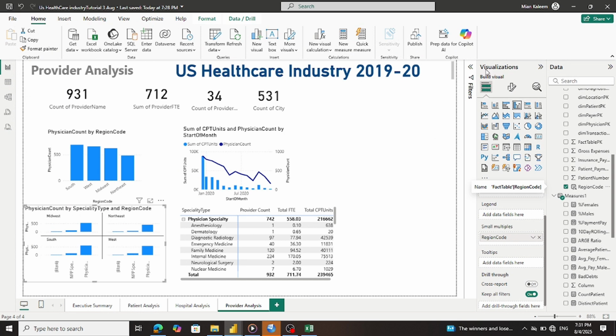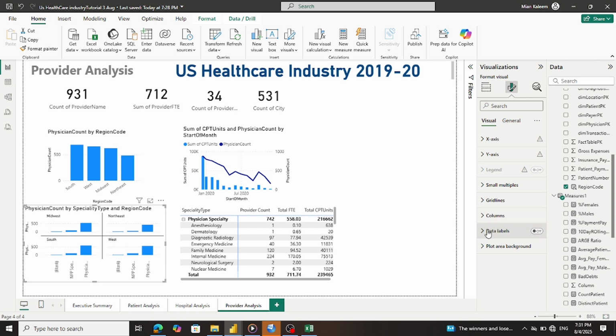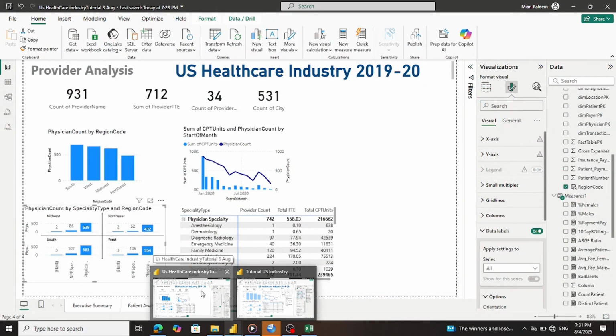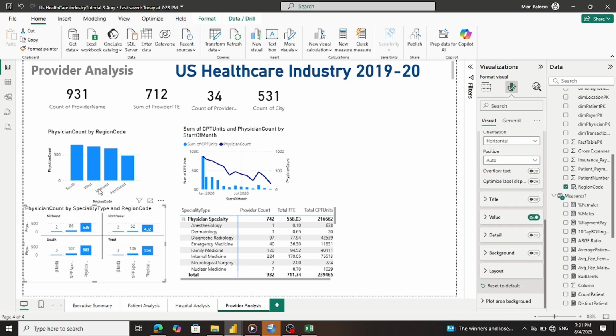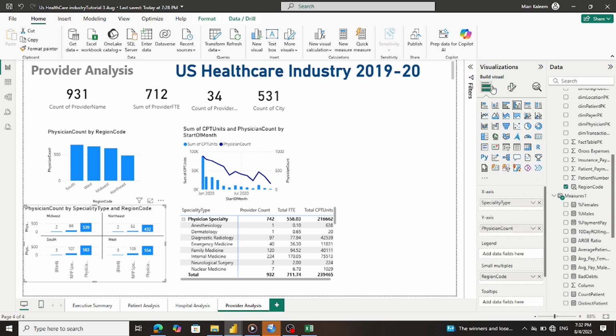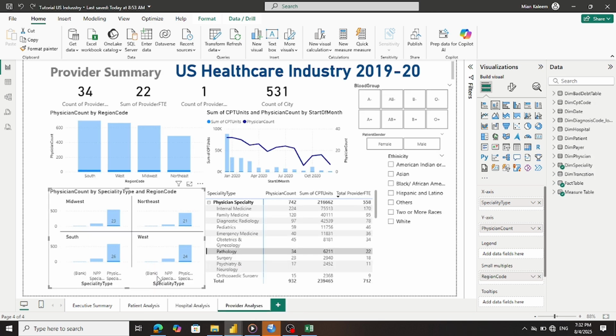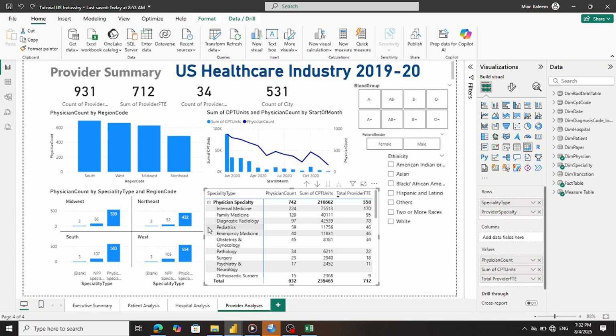So let's put the data labels. Okay, so we have that data. Now we have 1, 2, 3, 4,